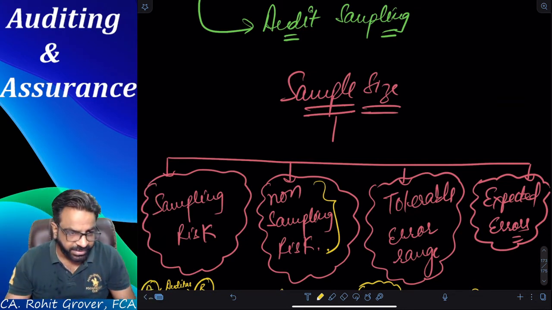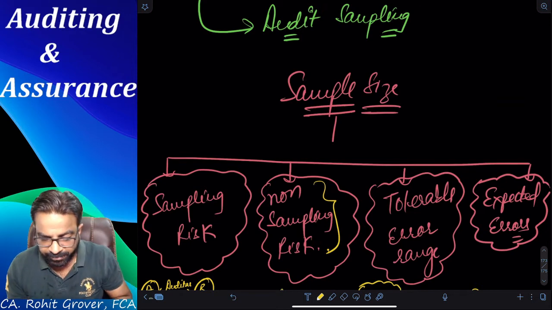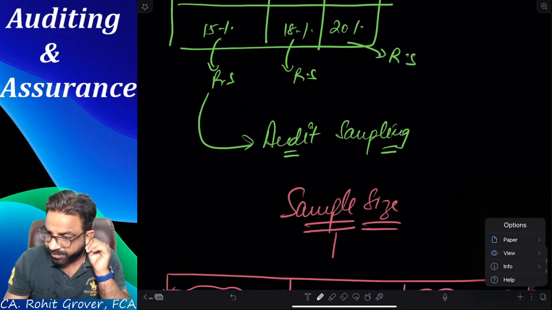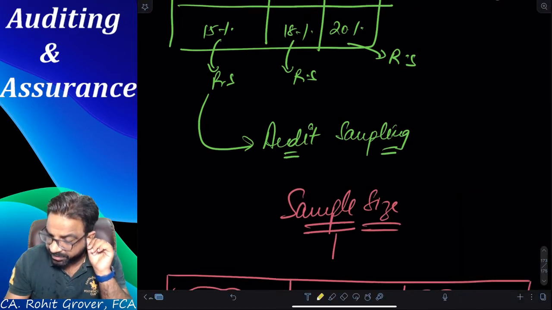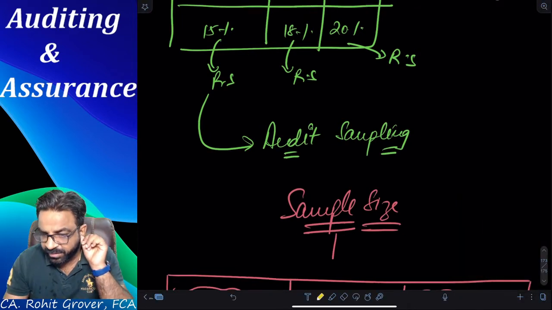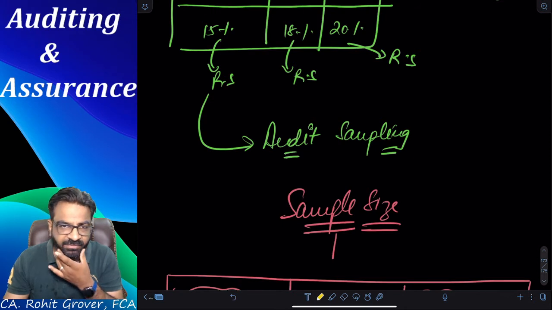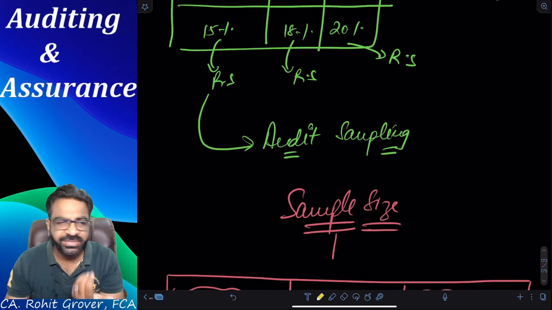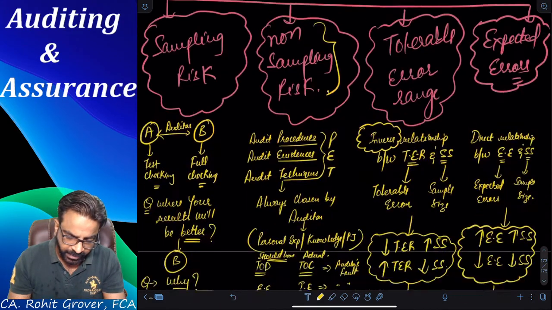Today we are going to understand what? We are going to understand the methods of audit sampling, right? Once the methods of audit sampling are over, we'll see what other topics are left in audit sampling. In this session, we'll try our level best to complete the topic called audit sampling. And in the evening, we are going to start the topic called analytical procedures, our another standard, SA 520, right?